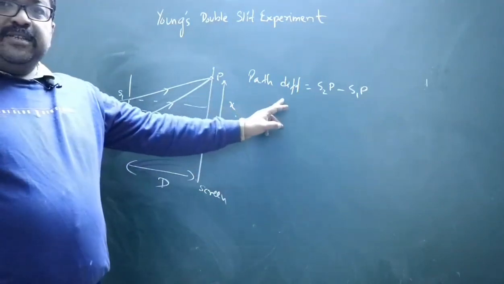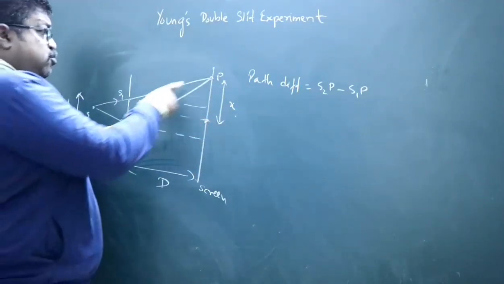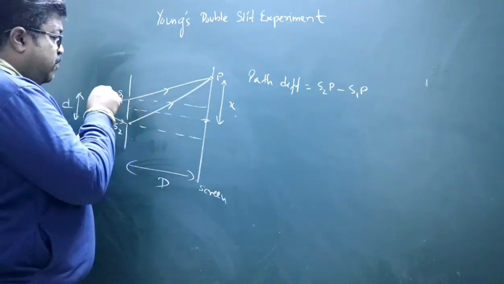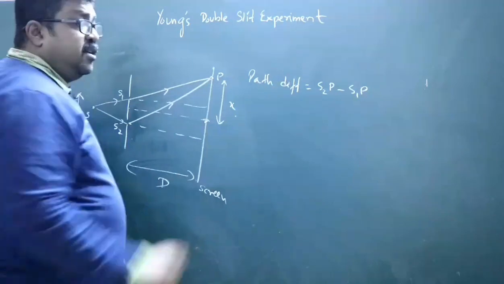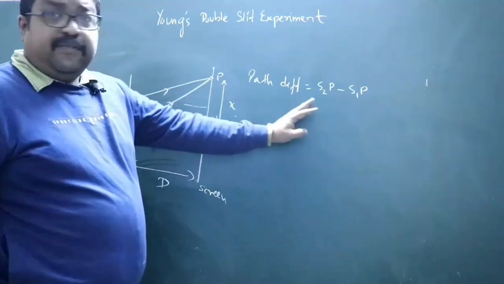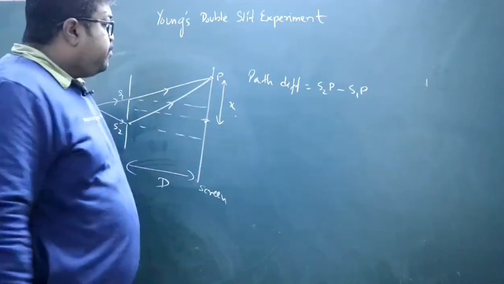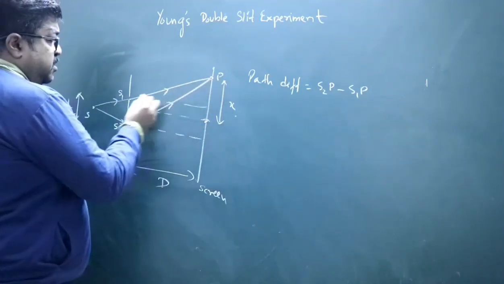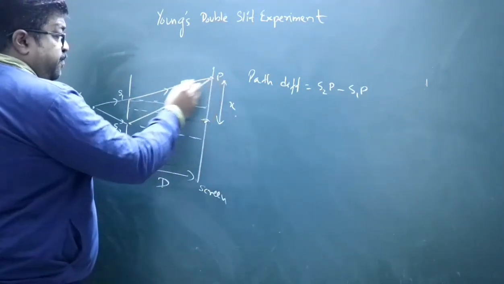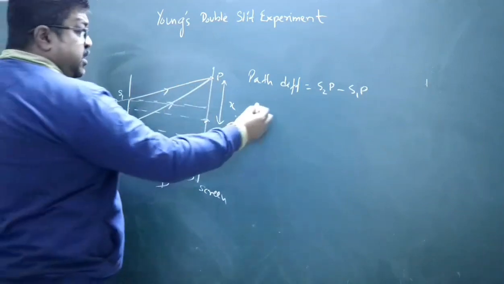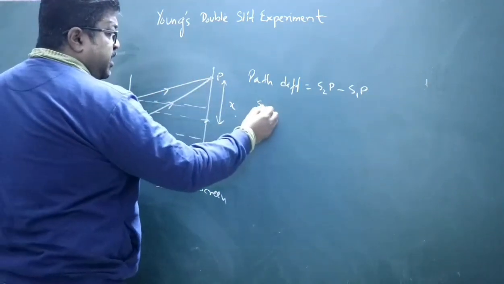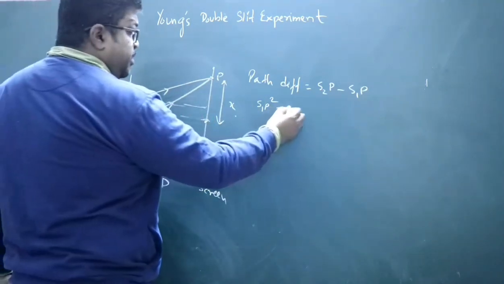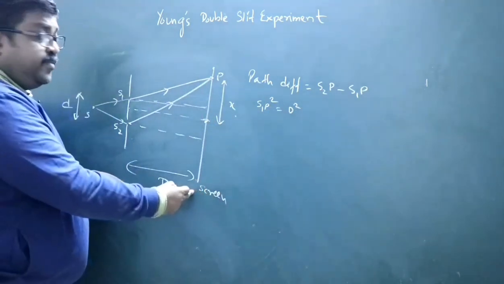This is the path difference of the two rays going from S1 to P and S2 to P. Now if I see this triangle and use Pythagoras theorem, I get S1P square is equal to D square